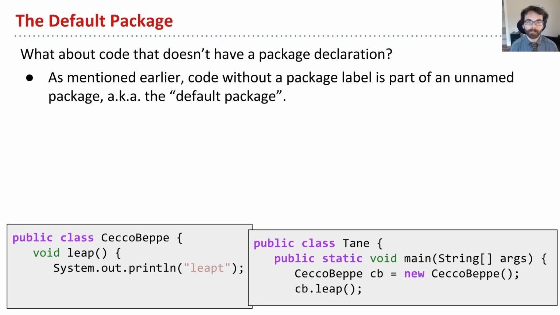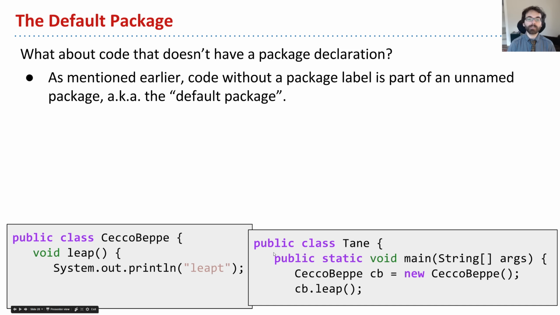To wrap up access control, let's consider just a few subtleties. So we saw earlier in this set of videos that code that lacks a package declaration is part of the so-called default package. Let's think about how that interplays with the notion of package private. Let's consider this class over here, CecioBeppe. CecioBeppe is not part of any named package, it's just part of the default package, and it has a package private leap method. Here I have a class called Tane that creates a CecioBeppe and then calls the leap